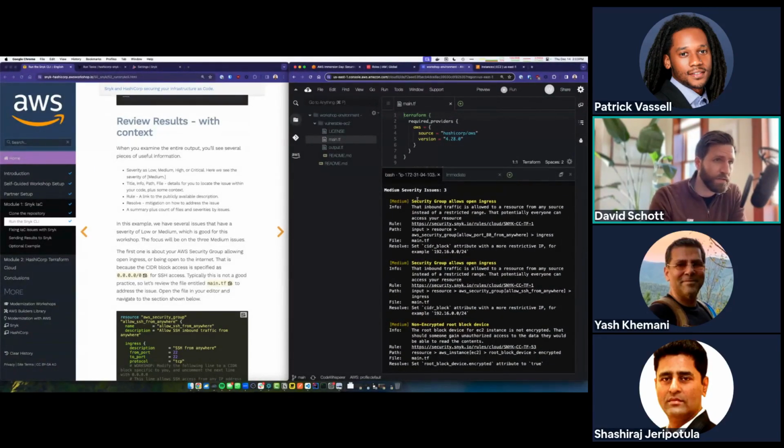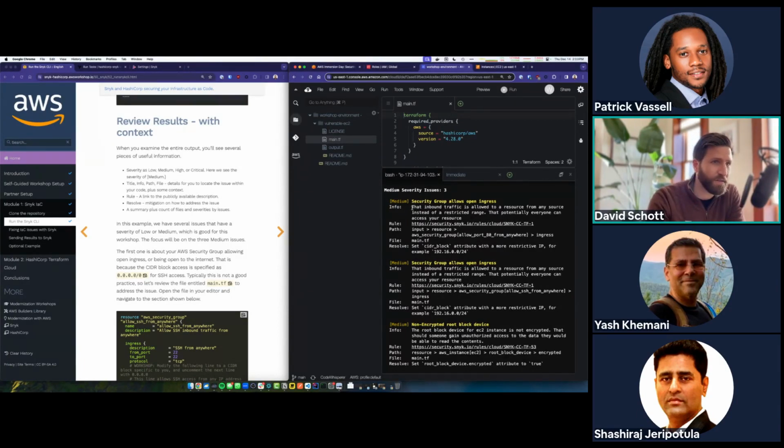So as you can see, we have a security group that allows open ingress. A security group is another word for a network firewall on AWS. And open ingress means that a lot of folks can get through that firewall, in short.